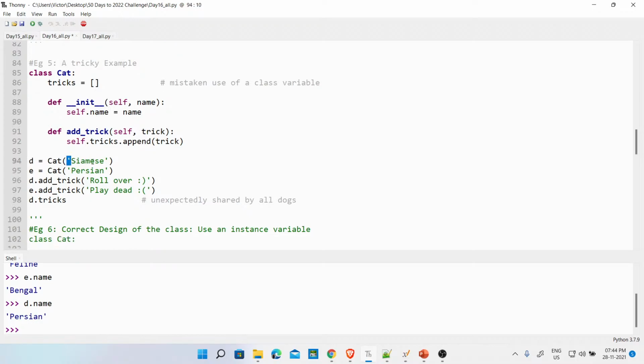So I'm going to add CMEs, going to add patient. Now, can their behavior, you can also say, please listen, this added the name CMEs and then patient. No worries. Now, this is like their behavior, the trick. Can they roll over? Can they pretend as if they are dead? Fine. Now, since this trick is shared by all the words,